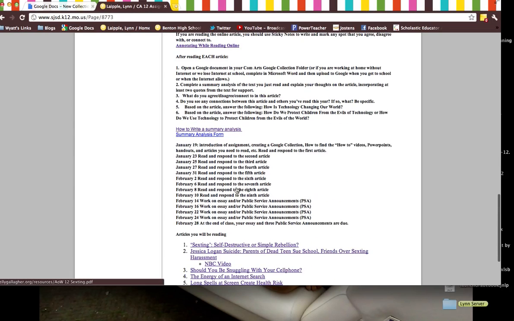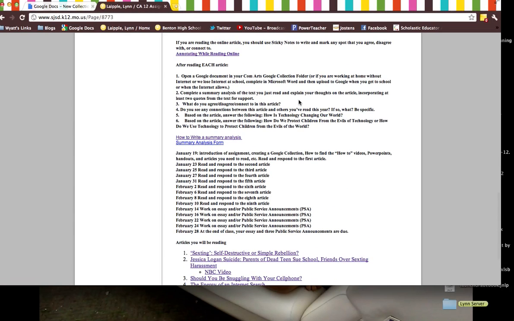Remember, the summary analysis, go up here. It should include the summary of the article, explaining your thoughts on it, incorporating at least 2 quotes. You should incorporate and tell me whether you disagree or agree or connections you had to the article. Do you see any connections between this article and others? And then you need to answer these 2 questions. How is technology changing our world? And then how do we protect children from the evils of technology? Or how do we use technology to protect children from the evils of the world? Okay, so if you have questions, feel free to email me, but that's what you're responsible for,